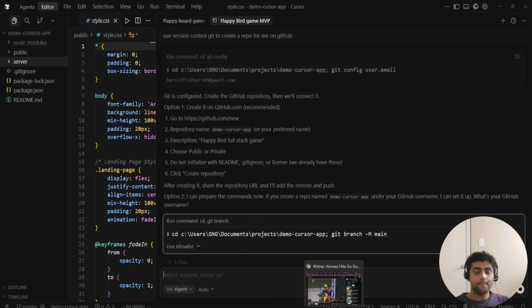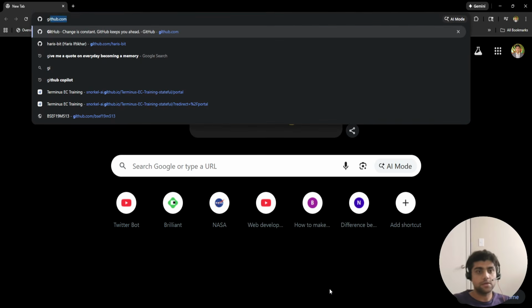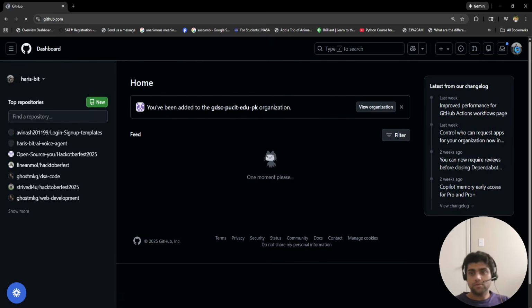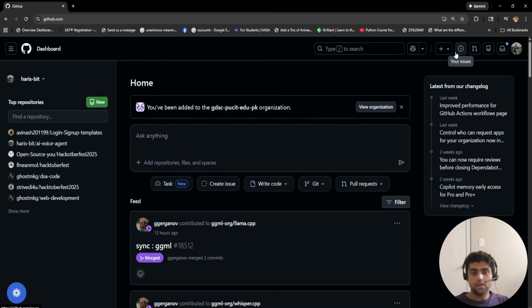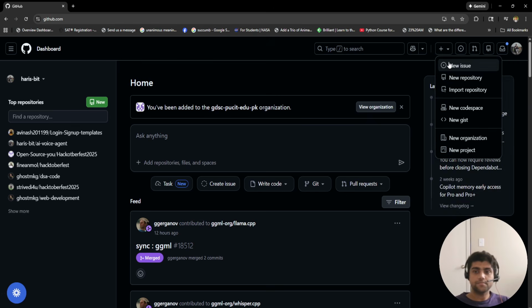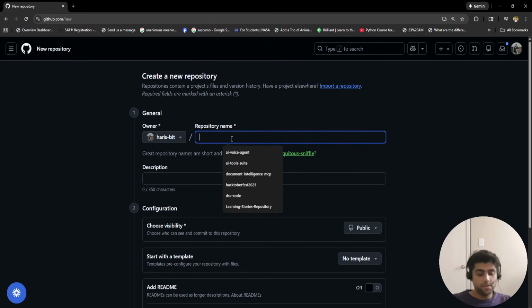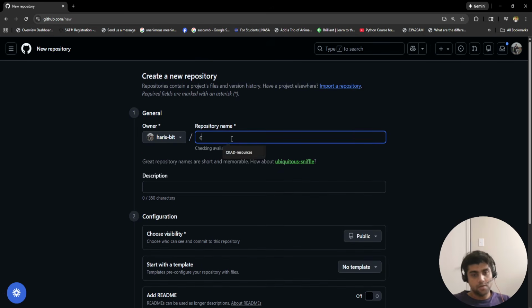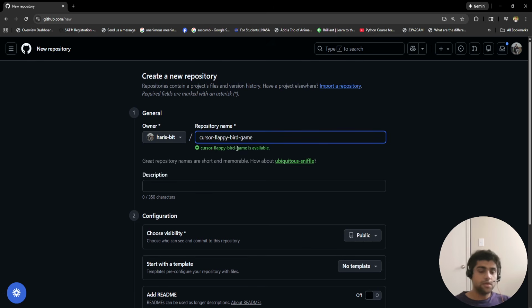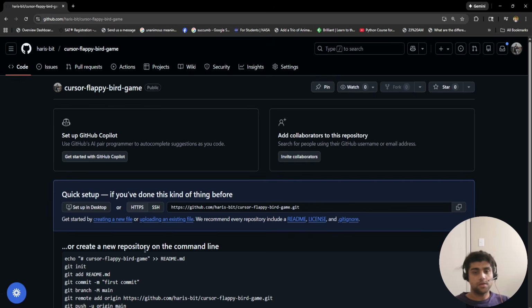So if I do that, one thing I would need is to create a repo for that. So I would go to GitHub and inside the repositories profile section, I would say new repository, and I would call this Cursor Flappy Bird game. And then we'll just create that repository for me. And this is my